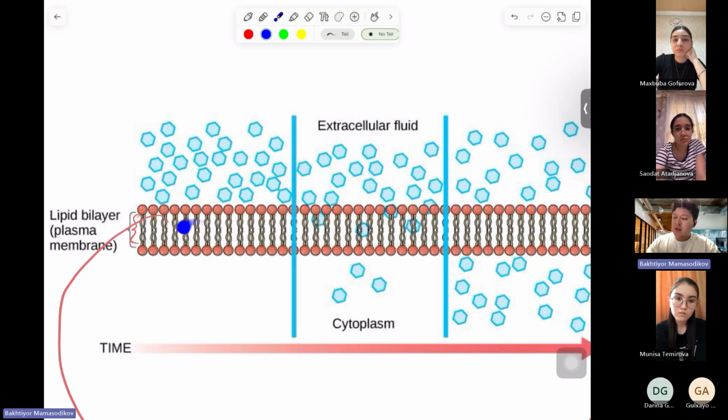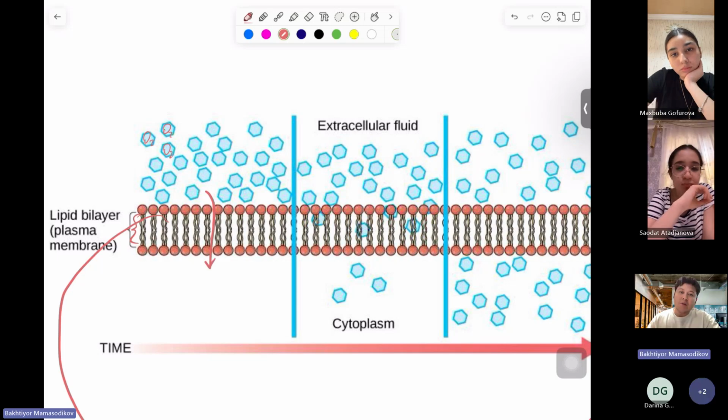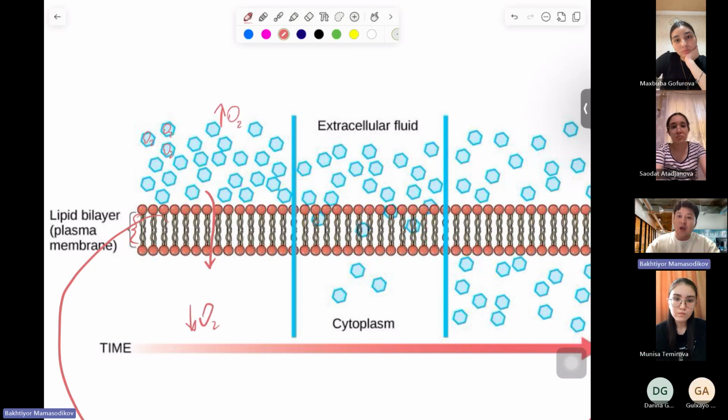So imagine the cell needs oxygen. You know how to write the oxygen molecules? The oxygen should get into the cell to make ATP molecules. These oxygen molecules are going to pass through this membrane. But as we know, these oxygen molecules do not have a brain. They don't know which cell they should enter. They don't know that inside of the cell we have less oxygen, but outside of the cell we have more oxygen.